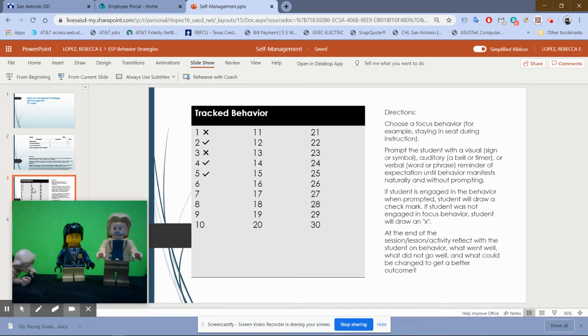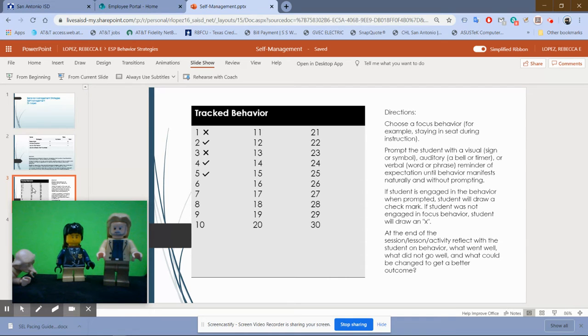Here is a behavior tracker. And so basically you choose a specific behavior that you want them to focus on. For instance, raising your hand. And if they're prompted to do that and they are successful, then they get a check. If they're prompted and they are not successful, they forget, or they don't engage in that behavior, then they get